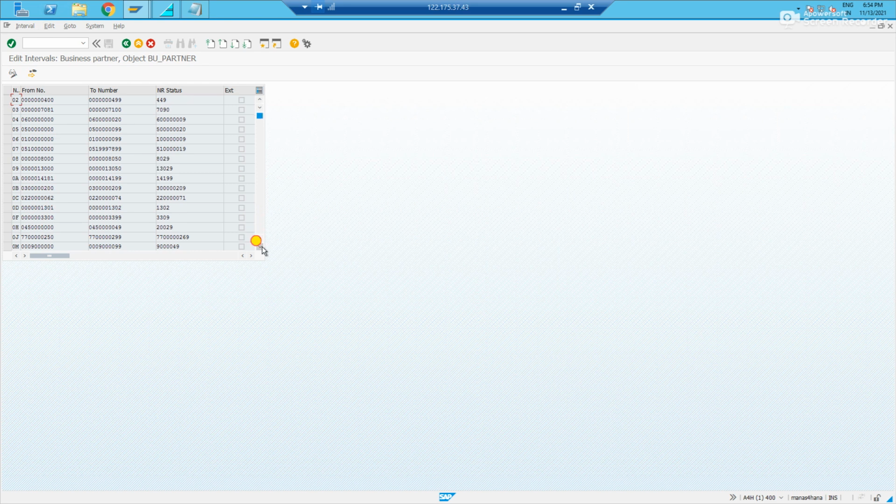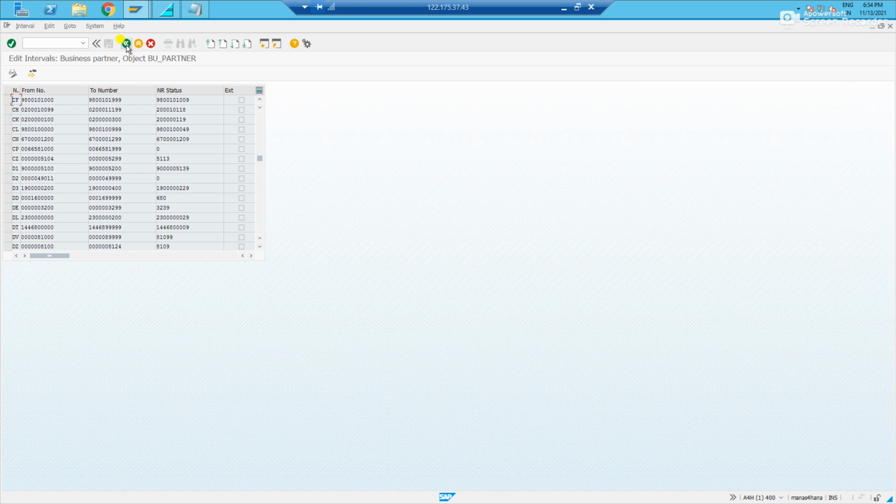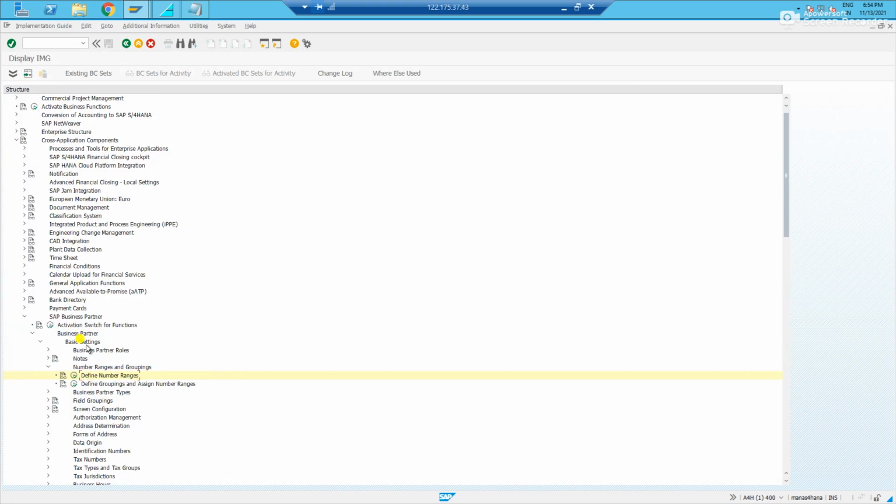Here also there are inconsistencies, but whatever number range I have created, here also it is DV. Let us see, where was it? Here you see, this is DV. Let me type BP number range, which is DV again, and I'll take the same. What I need to define is a group for a BP.